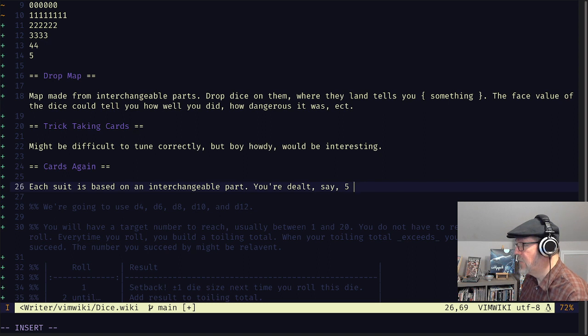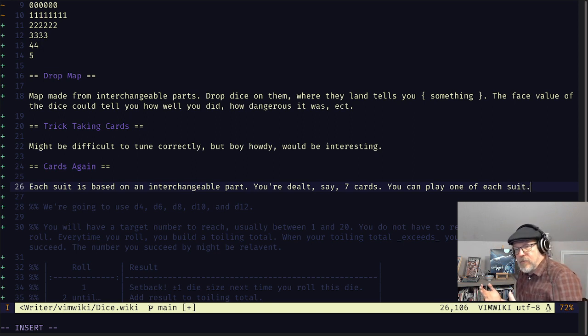No, we probably want, let's say, 7 cards. You can play one of each suit, right? So this gets a little into deck building, even. You'd be dealt out the cards.